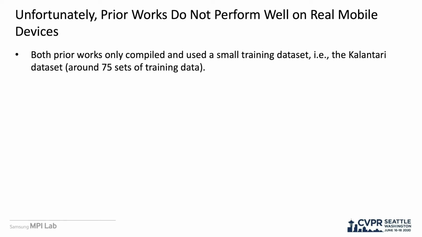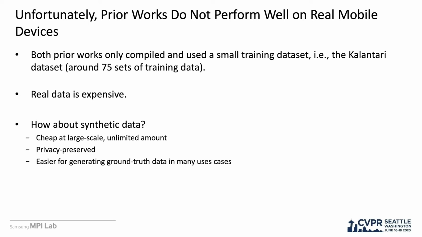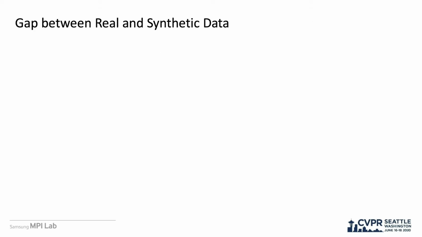A core reason is that both prior works only compiled and used a small training dataset, the Kalantari dataset, which only consists of 75 sets of images. It is well known that capturing real data is expensive. Are there any alternatives? Can we use synthetic data, which is really popular in recent years, especially when synthetic data has so many advantages, such as being achievable at large scale, privacy preserved, and easier for generating a ground truth in many cases? The answer is yes, we absolutely can use synthetic data, but not with the gap between real and